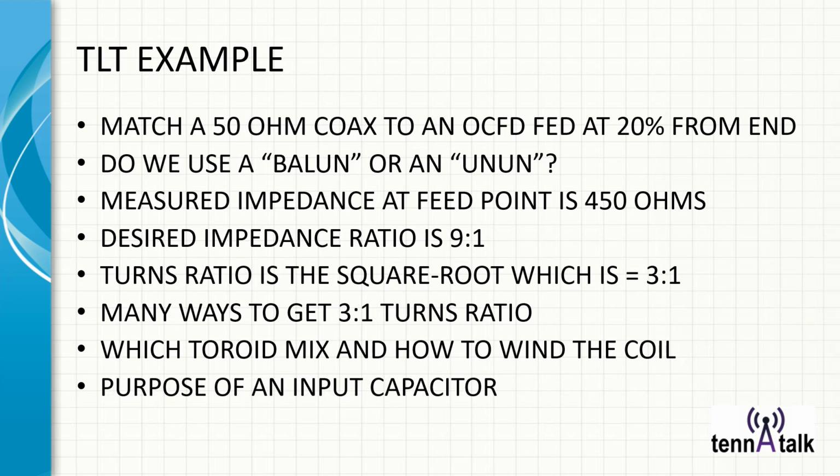All right, let's look at a TLT example. We want to match a 50 ohm coax to an off-center fed at 20% from the end. Do we use a balun or an unun? Well, the coax is unbalanced and the off-center fed is unbalanced, so unun. We measure the impedance at the feed point at 450 ohms. So 450 divided by 50 is 9 to 1, gives us a turns ratio of 3, and we use a